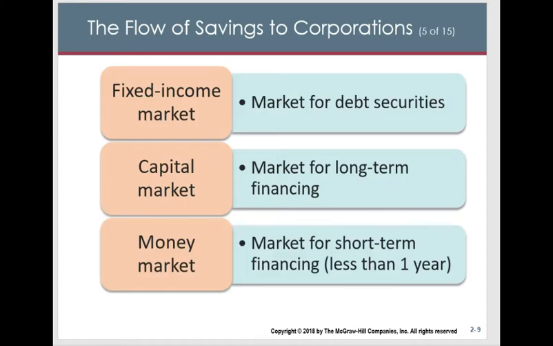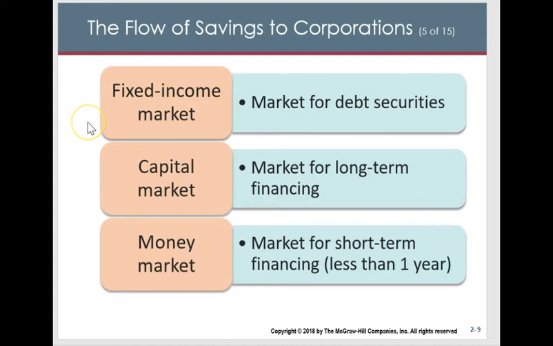Okay, let's turn to the flow again of savings to corporations. You have your fixed income markets. These are markets for debt securities. These would be like bonds. We're going to cover bonds in more detail, but just to give you a little preview here, you have hybrid type bonds that can convert into stock itself. You have zero coupon bonds, all kinds of different types of bonds. And like I said, you're going to have 2 discussion questions when we talk about bonds. Again, bonds are debt,